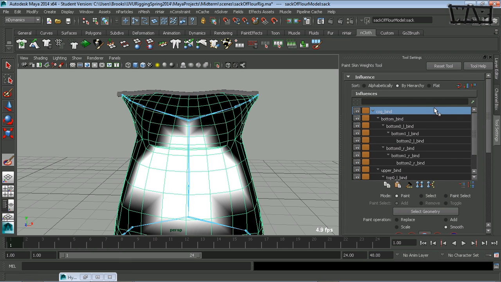So I clicked that, and it brings up this user interface. And there's a lot of information in here. First thing you'll notice is it has a list of all of the joints that are affecting this particular mesh. If I were to change